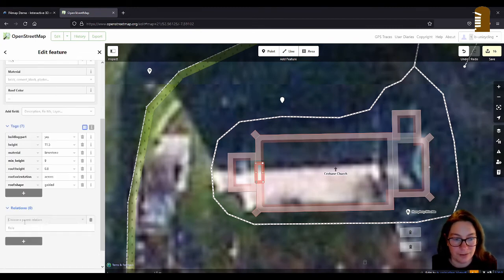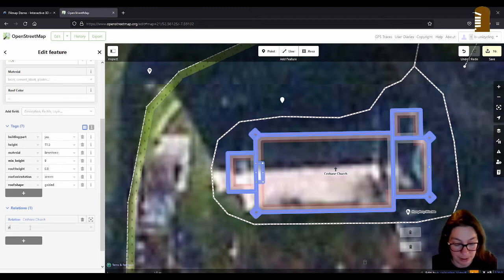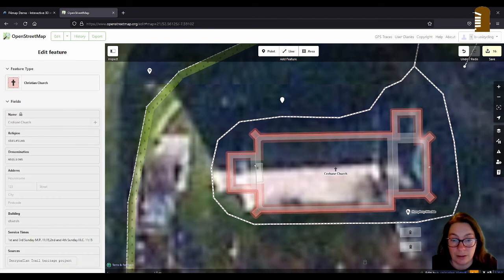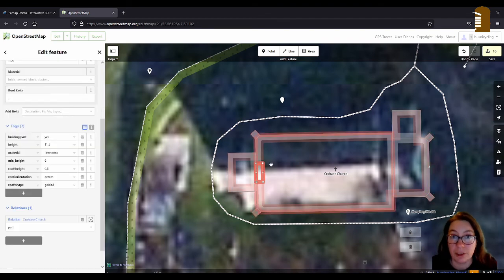So Croghan Church part, and then we can, do I have everything? And this is already within the outline, so we don't have to worry about that, because the outline is only 2D. Yes, we have the height, material,